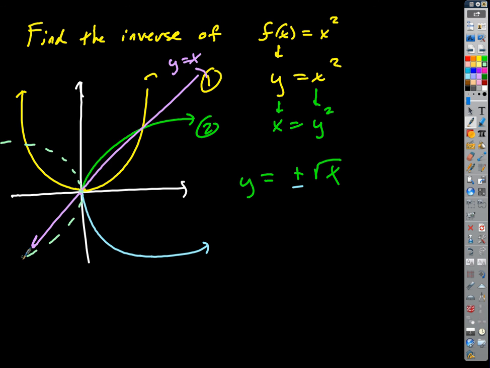If I were to take away this part of the parabola over here, then we'd be okay, wouldn't we? Because just this part reflects to the square root graph, right, that we know. Okay. So we've got to be a little careful with that,